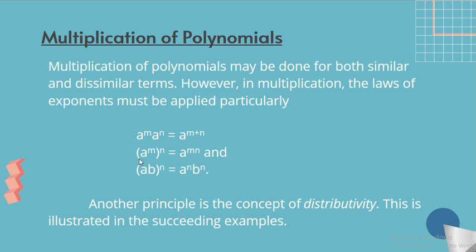Next, we have your power of a power wherein a base already has its exponent and then another exponent outside the grouping symbol. So what you are going to do here is to multiply the exponents. And lastly, we have the power of a product. So we have an exponent to distribute here. We have two variables, which are a and b, and our exponent represents n. So we have to distribute the exponent n to the bases a and b. Thus, that is equal to a raised to n, b raised to n.